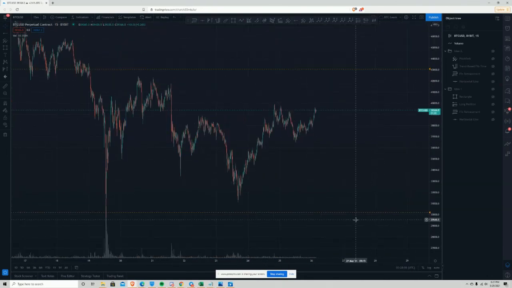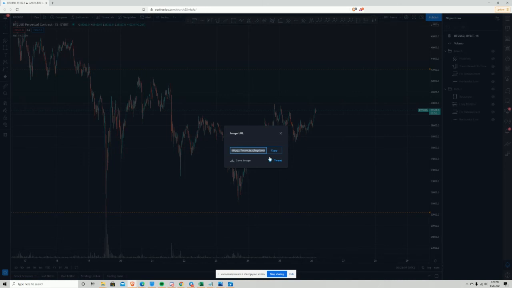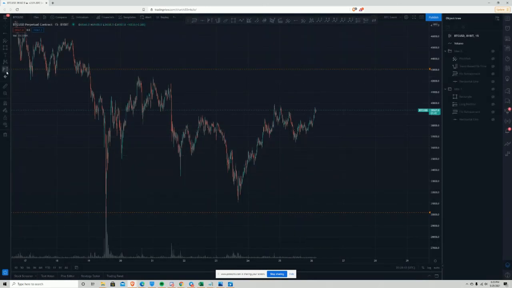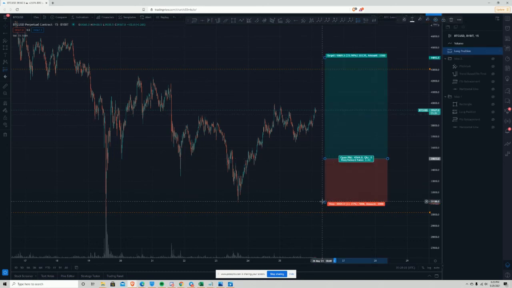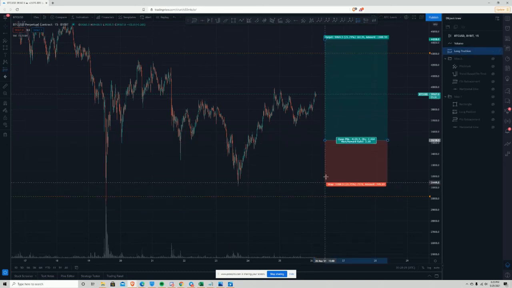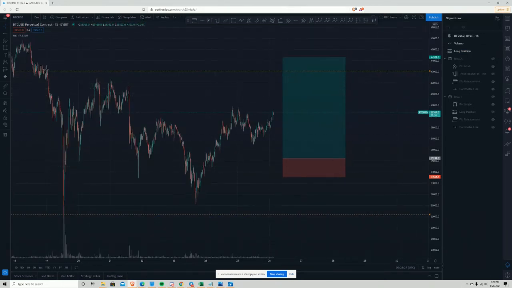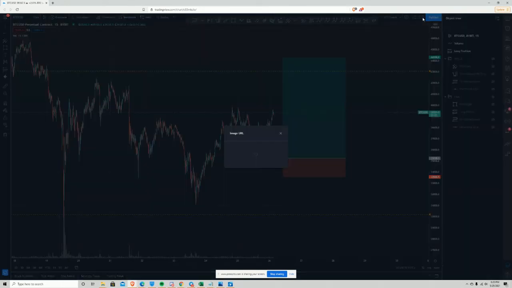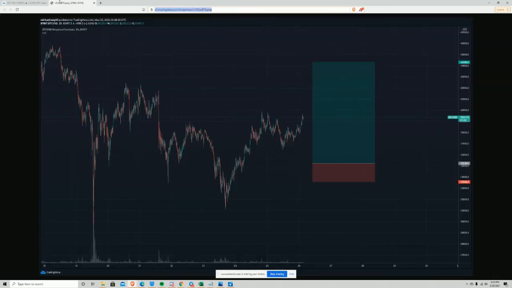If you don't know how to navigate TradingView, it's very hard to follow and do your own charting. Oh, one last thing. You could, this little icon right here, you can go to save image. That's how you can print charts. So let's say you want to ask, hey, I want to put in a long position right here. Here's the long, here's the stop loss, whatever it might be, and then you can draw out your XYZ confluences. You can go to publish, save image, and then copy paste this into the group and say,